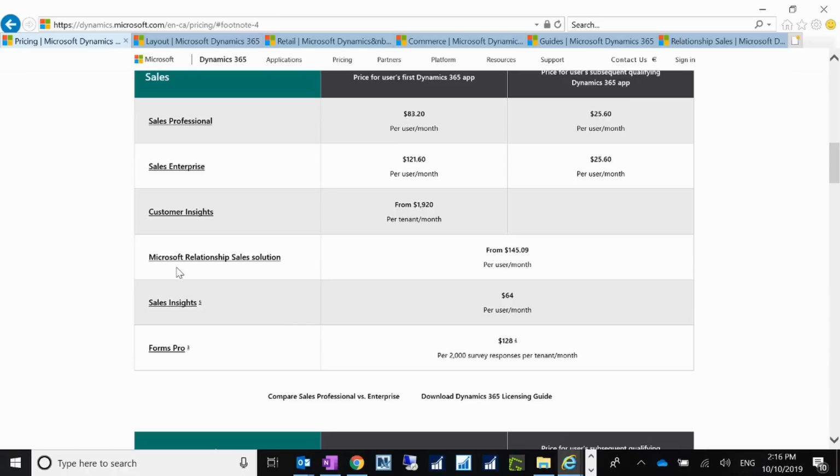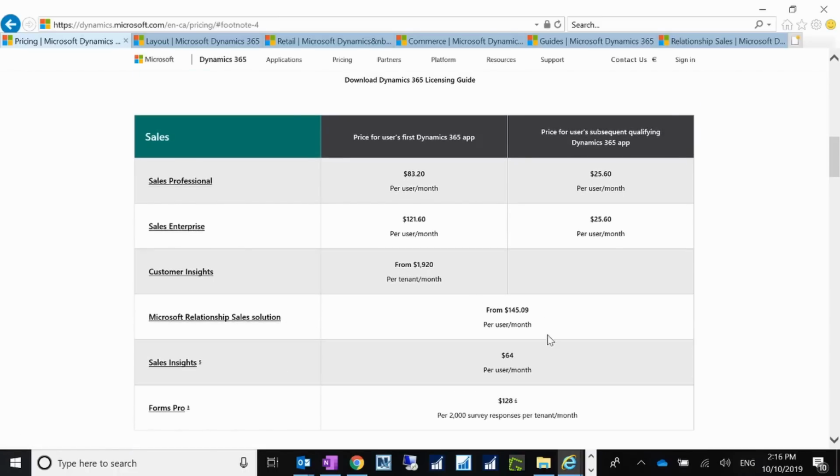So this relationship sales solution was included in the customer engagement plan. So actually now it's more expensive. It is $145.09 per user per month now, but it was included in the customer engagement plan before, and it's much cheaper. So what this does is it will just analyze your customers' relationship with the people you